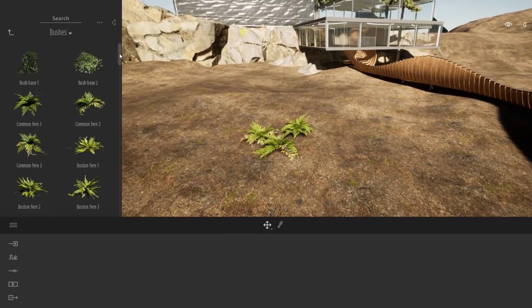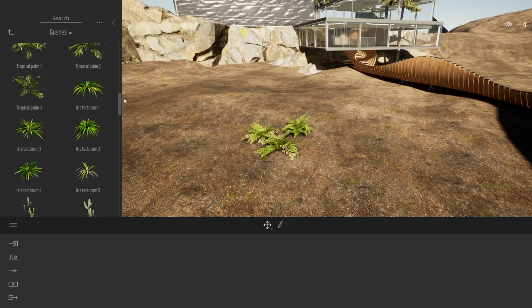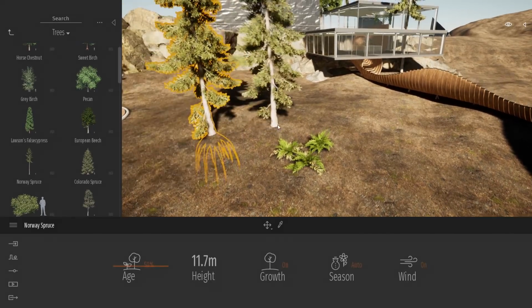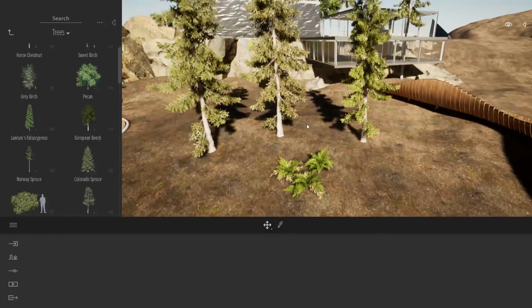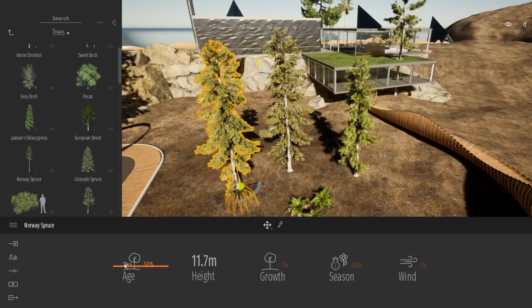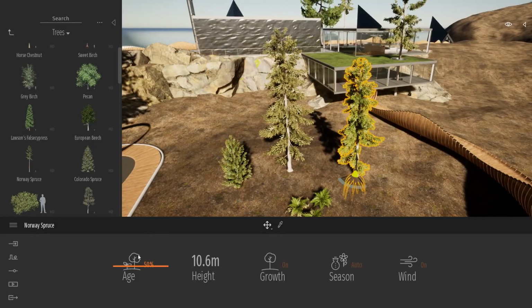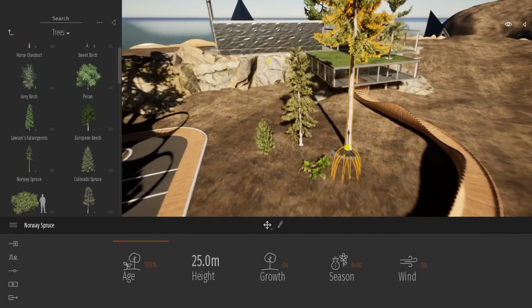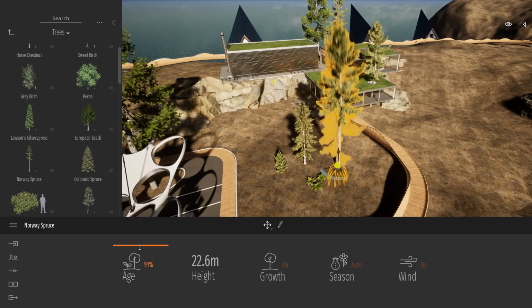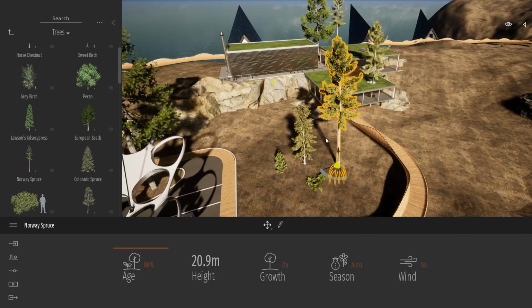It starts with the new brushes. We have plenty of different brushes to add to the project, but it's the same thing for the trees. Now we have highly detailed trees, and all of those trees now exist in three different ages. That means that here I have the same tree, but if I select one, I can lower its age, and if I select the other, I can raise it. And here, it's not just a basic scale. It's really the shape of the tree that evolves over time. You will see something better when there is more vegetation. Right now, I just have a couple of trees. So let's actually add more trees to the project to see how this growth feature can be useful.